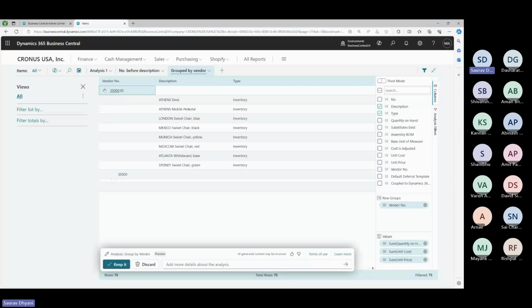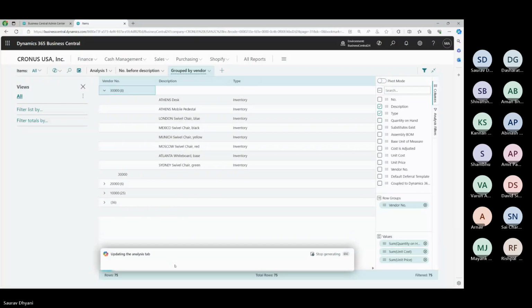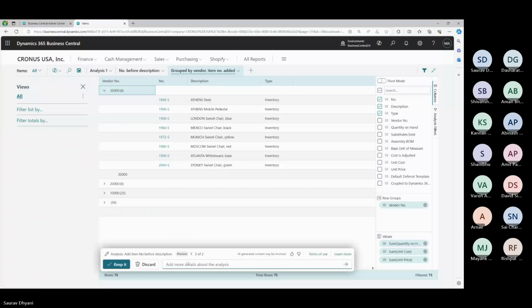So now there are 8 items under vendor number, but I'm someone who is good with the item number, so I can ask it to add item number before description. And on the same analysis view, it'll start understanding your query and will start adding the fields that you need. So now you can see that the item number is also added, and I don't like the type field, so I can say remove the type field